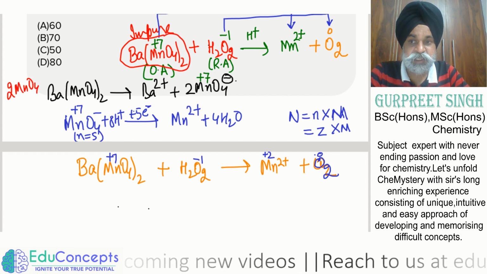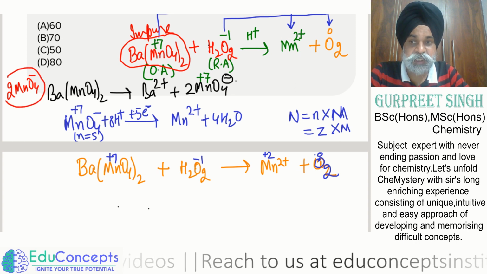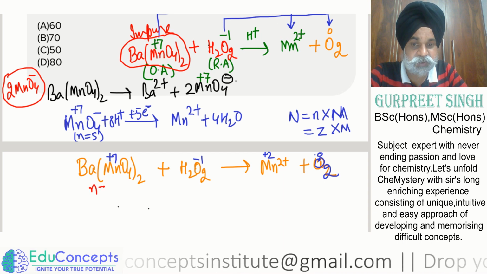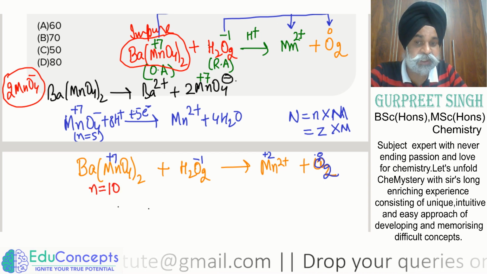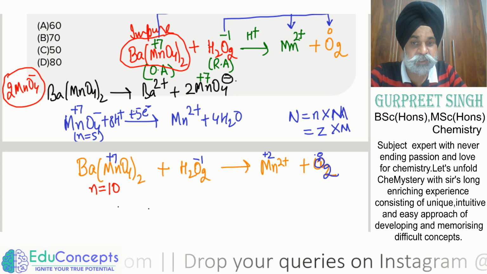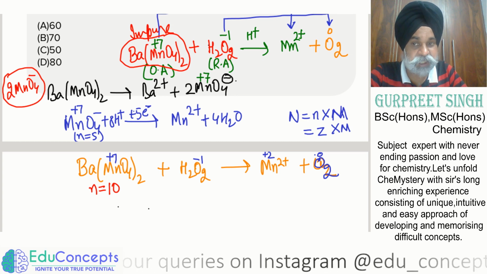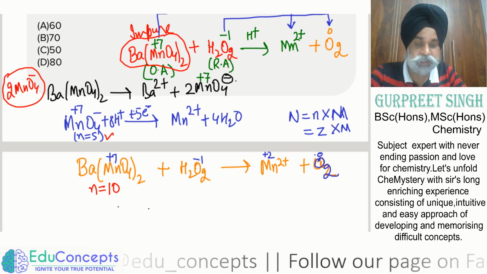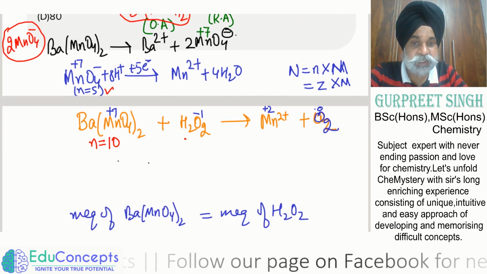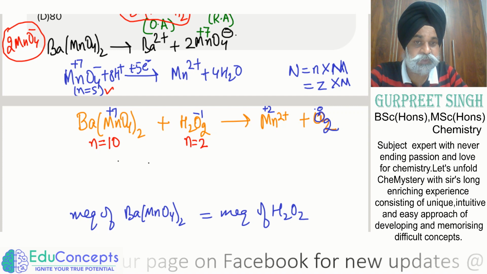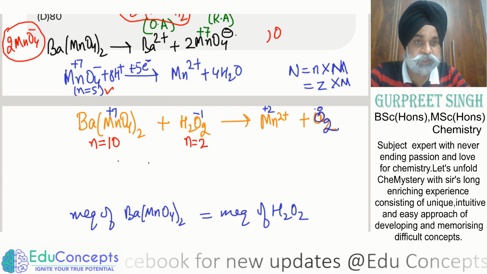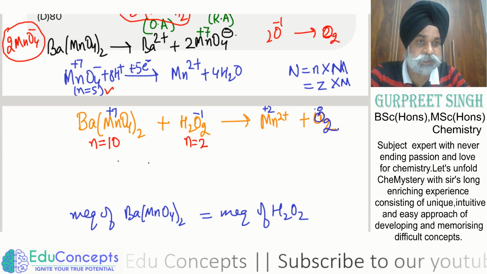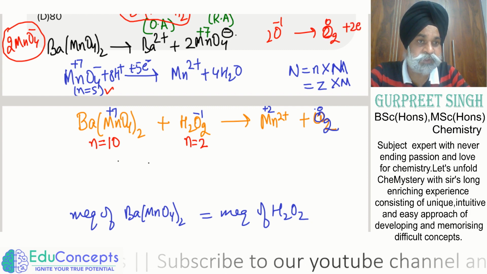So that means 1 mole of barium permanganate is going to take 10 electrons. So the n factor is defined per mole. तो 1 mole of barium permanganate के लिए n factor 10 होगा. ज़्यादातर बच्चे इसमें कई बार 5 ले लेते हैं. So this is to be taken care of. And here the n factor is 2, because there are 2 oxygen atoms of -1 going to 0 oxidation state. So this means they are going to lose 2 electrons.